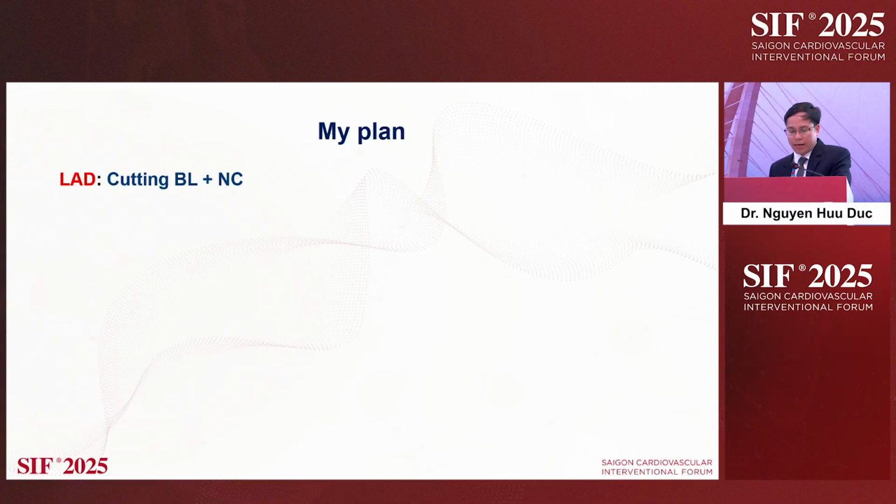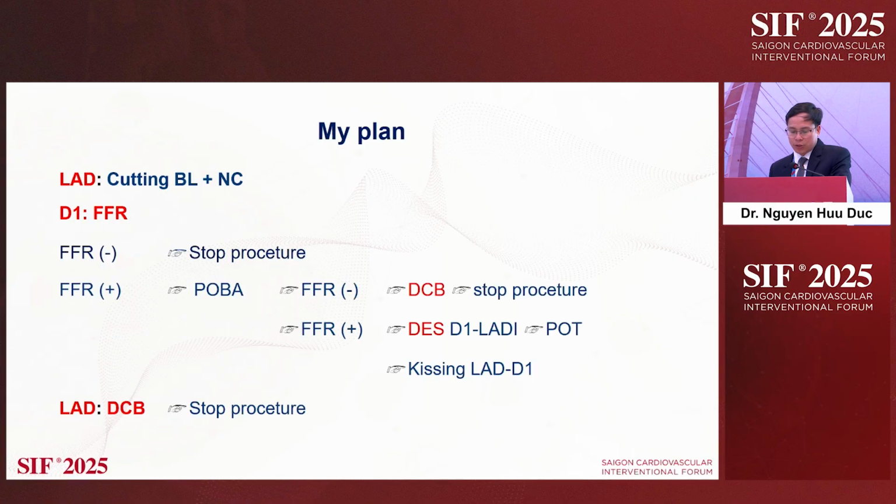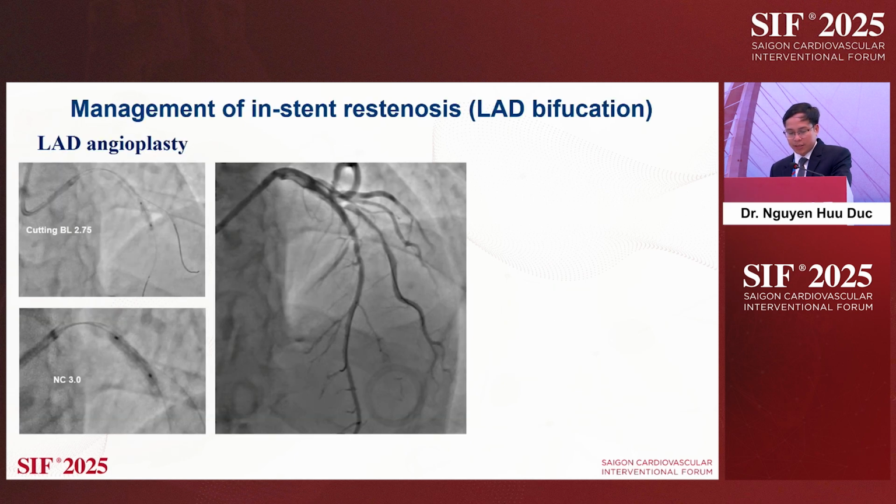So my plan is for LAD we use cutting balloon and SC balloon. Then for D1 we check FFR. If it's negative, we will stop the procedure. If positive, we use POBA and check again. If negative, you can use DCB. If FFR is positive, we will use DES. And finally, we use DCB for LAD. It's my plan. So first we do a cutting balloon,